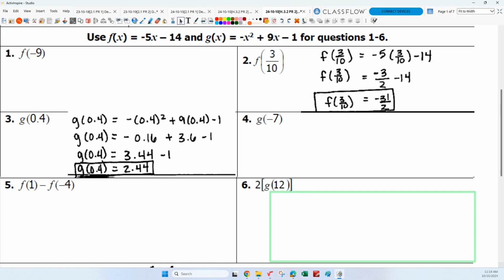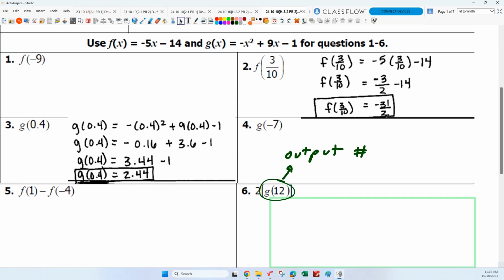When you see something like this, what you're thinking is, it's just a number. It's just an output number that I have to calculate, right? But I'm just multiplying 2 times some number, the output number when I input a 12. So first step, you've got to figure out what is that output number. If I plug 12 into g,